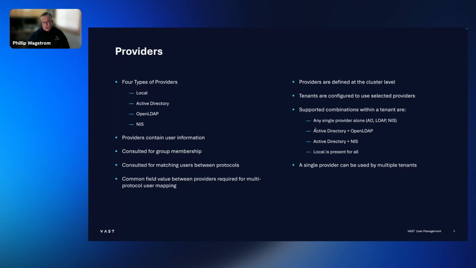And the general rules for combining providers are going to be something that has access for SMB, which is going to be an Active Directory provider, plus optionally something that provides POSIX attributes like UID numbers, GID numbers. We're going to put those together into a tenant to get all the information we want. So your typical combinations are going to be any single provider alone. You can definitely define a tenant or make use of just OpenLDAP or just AD or just NIS for that. You could do combinations, where you could use Active Directory and OpenLDAP together to help identify